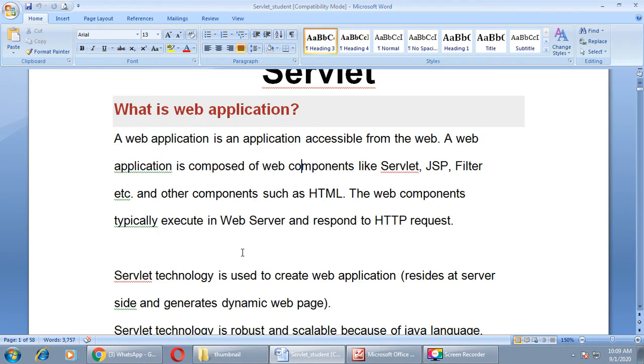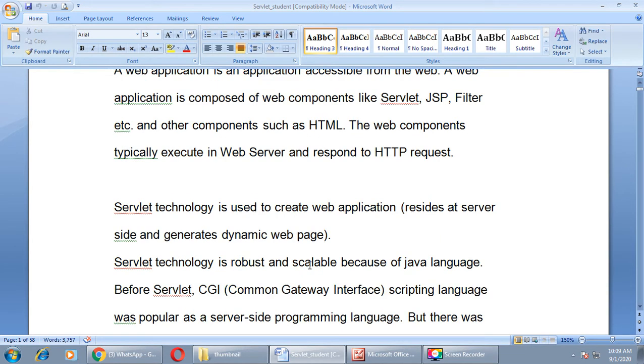Here, servlet technology is used to create a web application. It resides at the server side and generates dynamic web pages. All of you know that with the help of HTML, you can generate a static web page. If you want to change some data in your web page, for that you have to take help of servlet technology of Java.